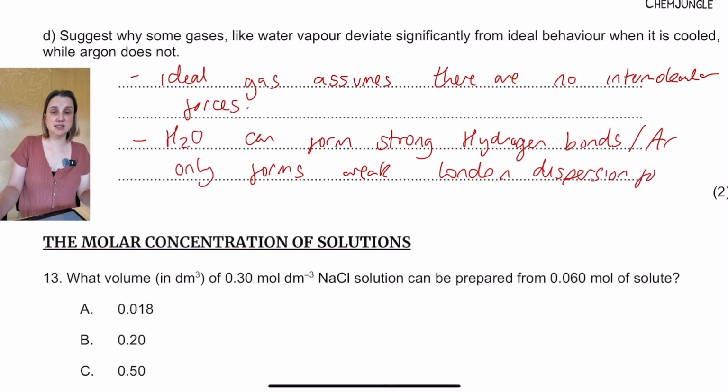So what that means is that if we have water and argon, water is much more likely to stick to each other than argon are, and so that means that they're much less likely to obey the ideal gas law,